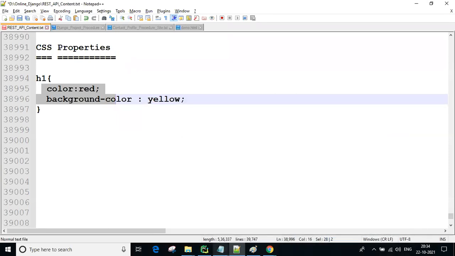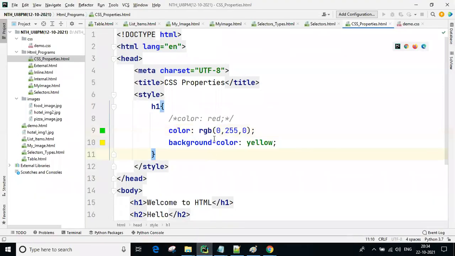So what we did here: using this RGB, we can get different colors like this, guys. When you are doing practice, you can use whatever you want. Here also for the background, using RGB, we can do it, guys. So that's one way. And here I'm using a red color.